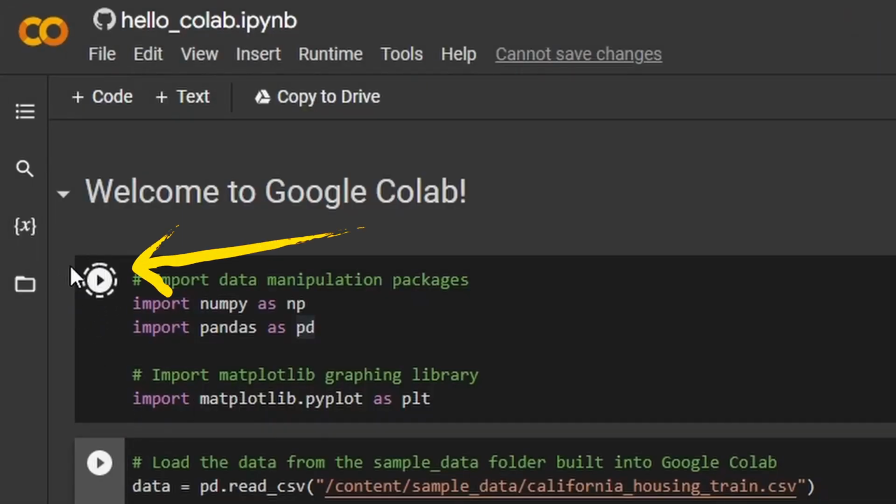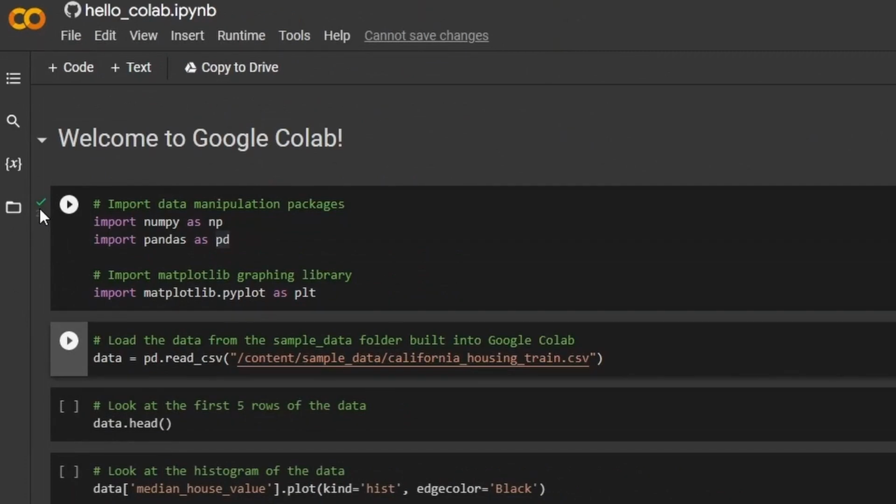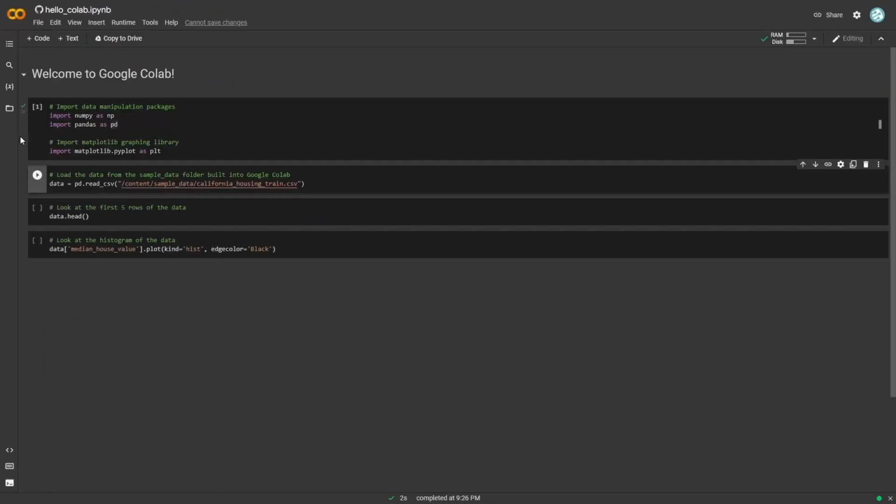You see that the circle is circling around here. Now it's done. You see a green check mark has appeared here, and there's a number 1 inside of the square brackets. What that means is that this block of code was the very first block to run in our Google Colab. I'm not going to dive too much into what this code does in this video, but